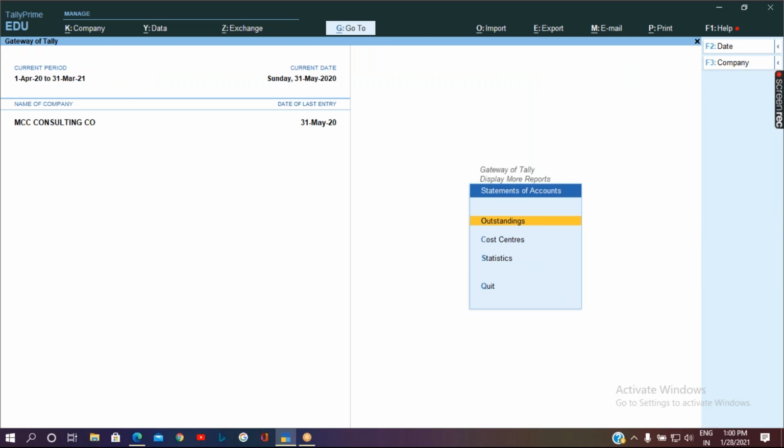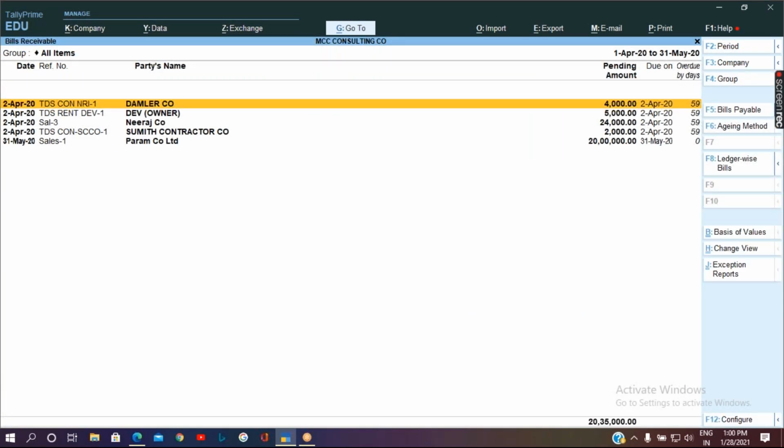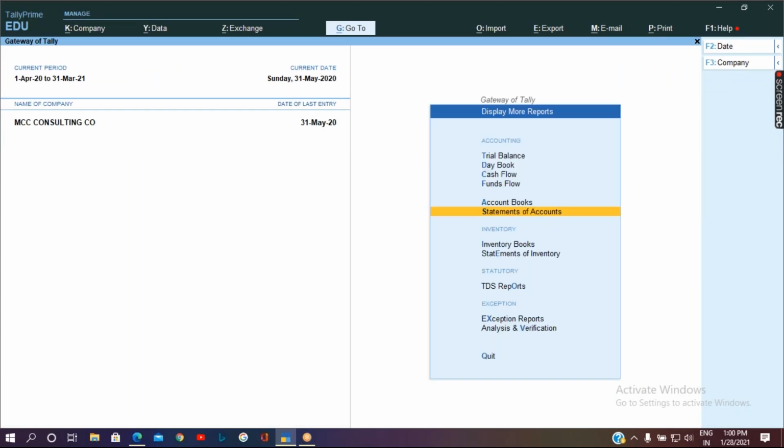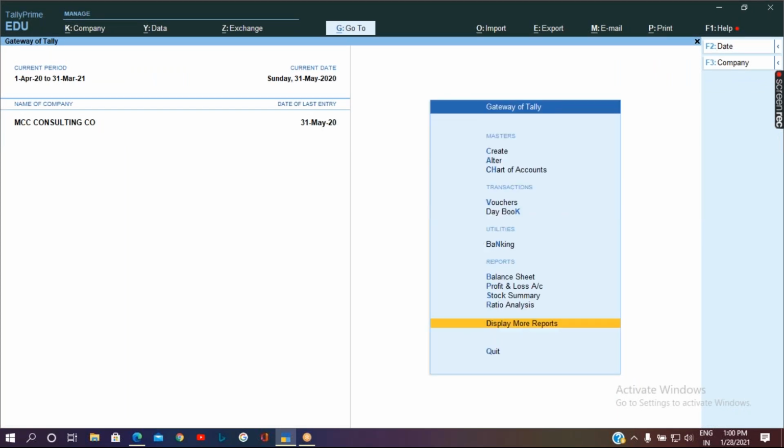Statement of accounts, outstandings, receivables. So here the party name shows. Now, in case there are any returns after the sales invoice, you can pass the credit note. It is not mandatory every time that you pass a debit note entry or credit note entry. If it is there, you can pass it. If you want to pass a debit note or credit note, it will always be after the purchase invoice and sales invoice, not before that.